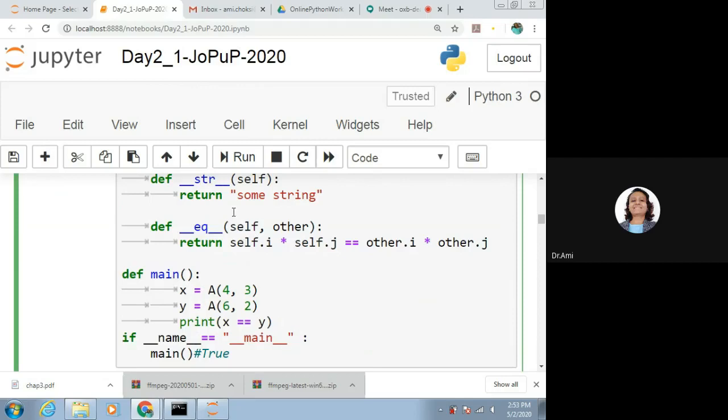When a single standalone file is there, the module name is __main__. So for this, it becomes true and it will call the main method. And here, as we are having 4 multiplied by 3, that is 12, and 6 multiplied by 2, that is also 12, according to this method, main will return true.